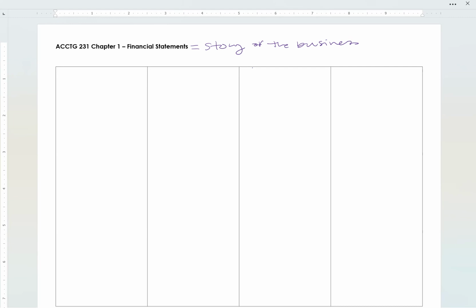It's really the financial story. And believe it or not, all those transactions that go into the business are what creates the financial statements. So the organization of the accounts as assets, liabilities, as equity, those are all really important to understanding the financial